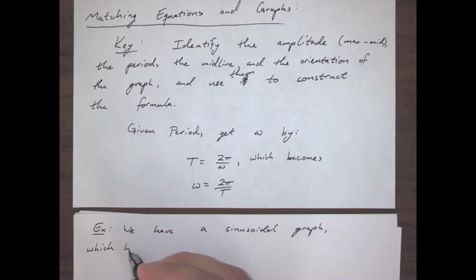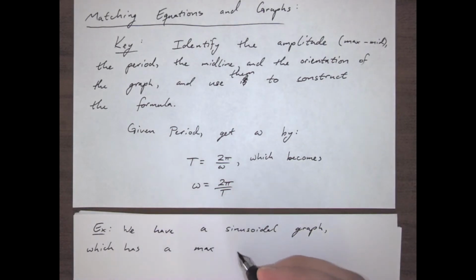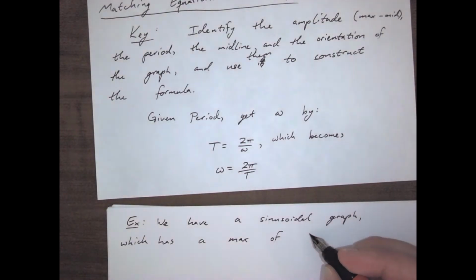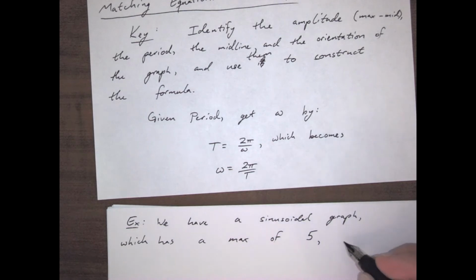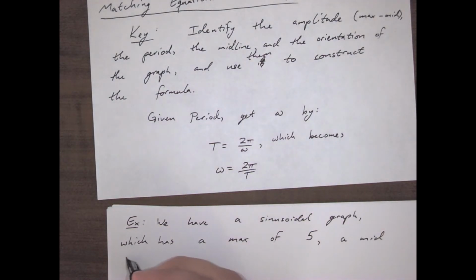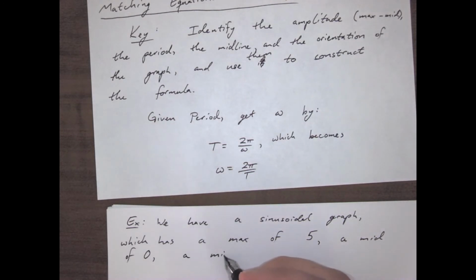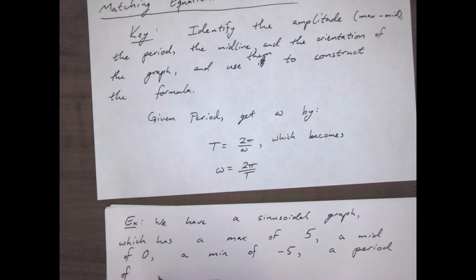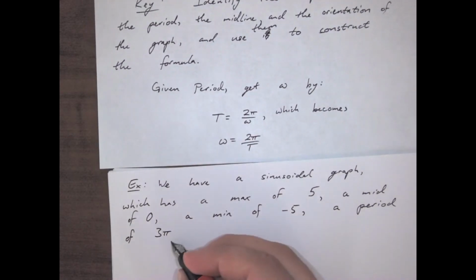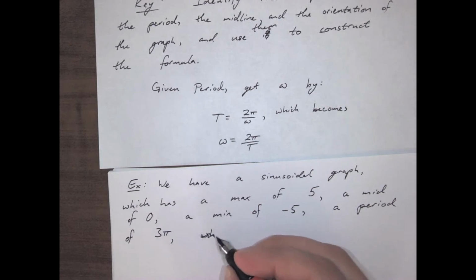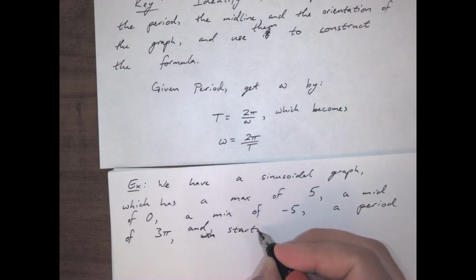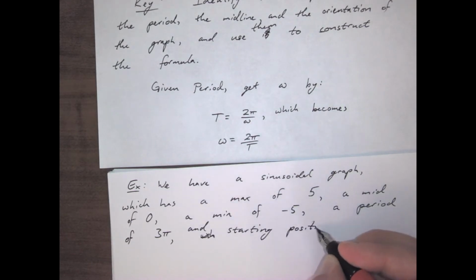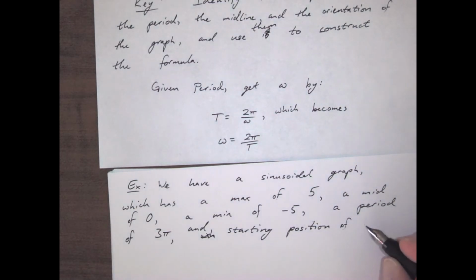which has a maximum, say a maximum of 5, a midline of 0, a minimum of negative 5, a period of, let's just say, 3 pi, and starting position, let's say,